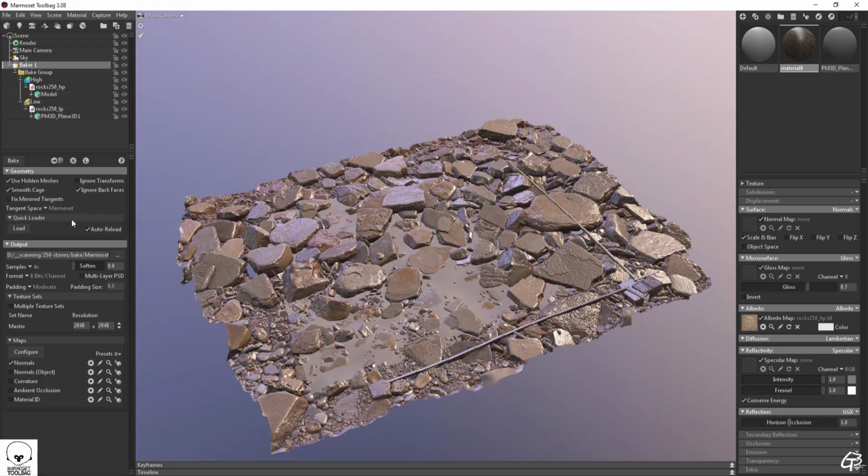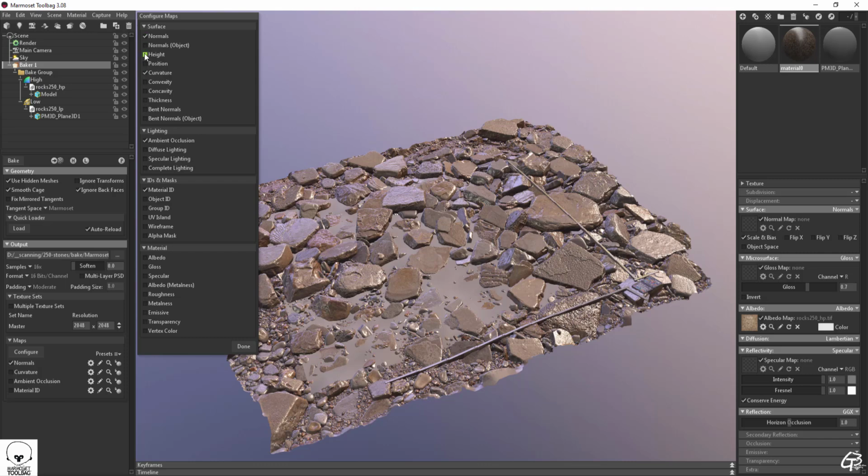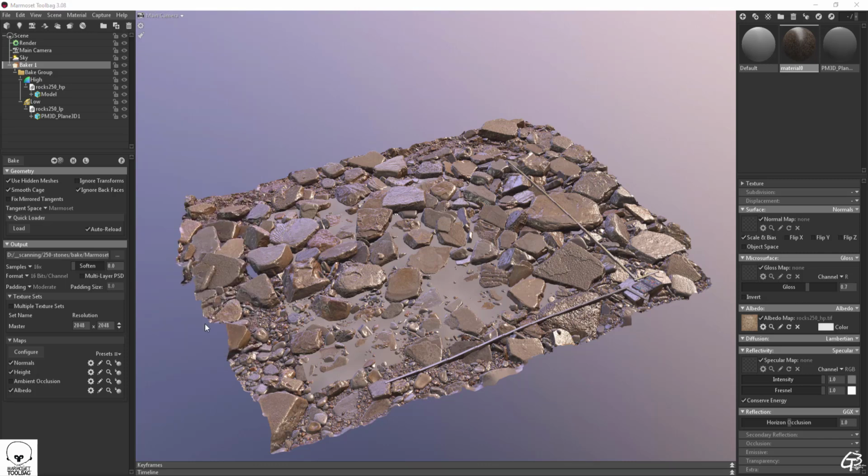To get higher production quality, let's set samples to 16 and color depth to 16 bits. Let's pick all the maps we want to bake, set the texture's resolution to 4K, and invert the green channel for the normal map so it can be used in DirectX mode. Let's also set a proper distance for the height map. This one is quite tricky, it defines the top and the bottom distance for the dynamic range cover.